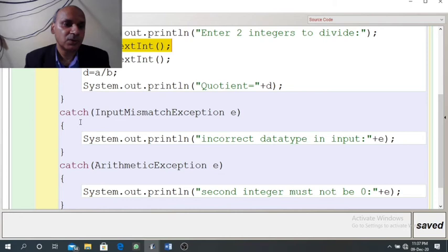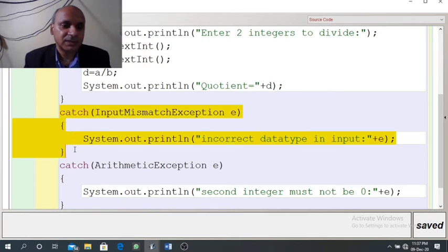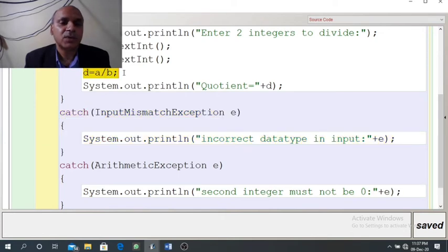So we have created two catch blocks. The first catch block will run and we will get that printed message. But in case we get an error during processing, when the second argument is 0, control will transfer to the second catch block, which actually deals with division by 0 error. So here we will get this message.